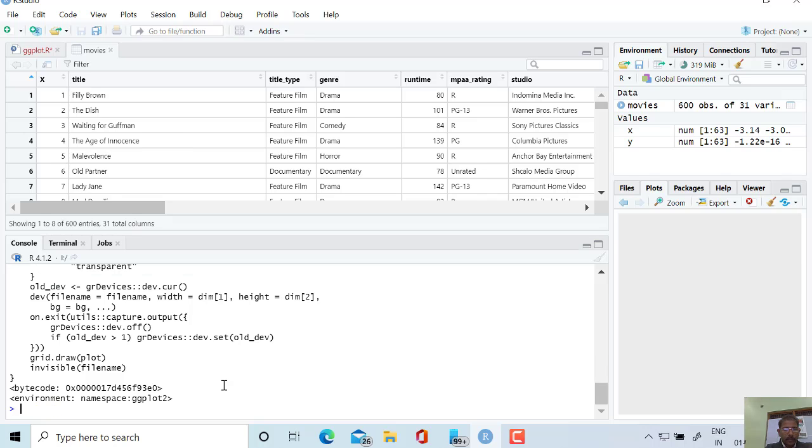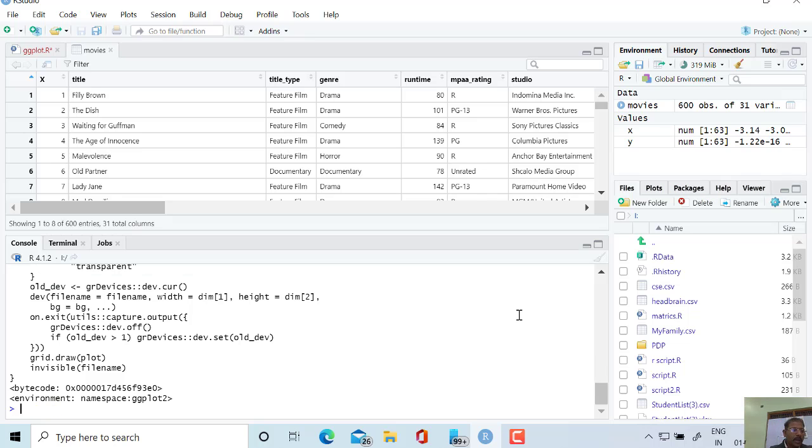Okay, the script has been saved, and for saving to some name, we should write the name also, and my mistake is that I am not writing the name of the file by which I want to save. So after the ggsave function, we have to write the name also.